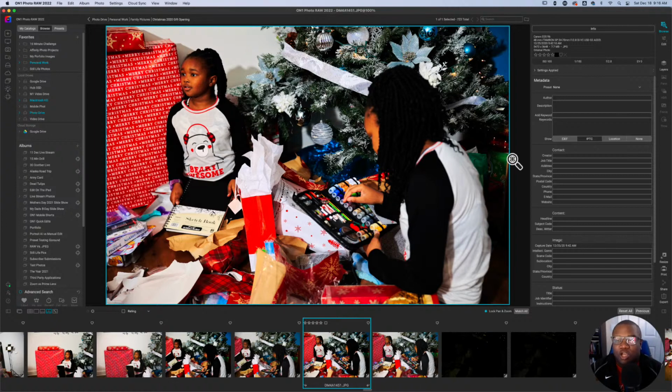This one is shot at 48 millimeters. I wanted the kids to fill the frame, but I also wanted to show the chaos of all of the wrapping paper of the gifts that they opened on the floor. This just says Christmas morning. They don't have to be looking at me. She's looking at her sewing kit that she received, and then